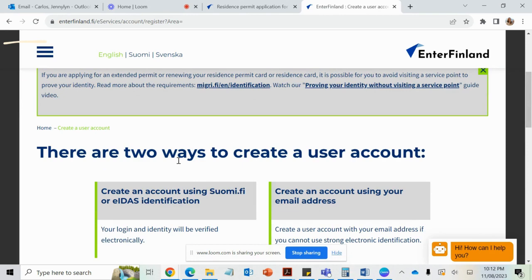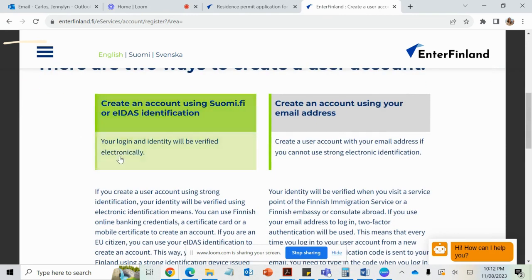There are two ways to create a user account. The first one is you can create an account using Suomi.fi or eIDAS identification. This option is only available if you have strong identification, like bank account details here in Finland. So this is not for you, and then better you choose this option, which is you can create an account